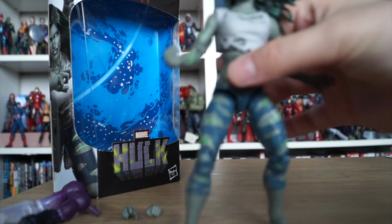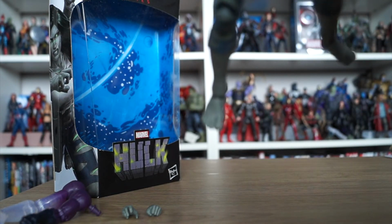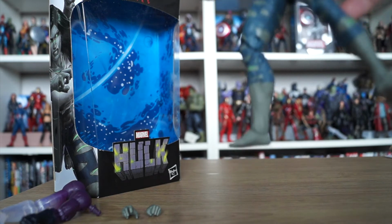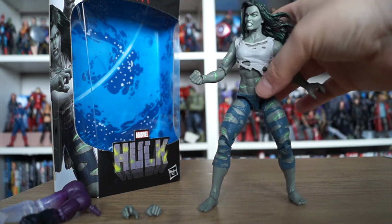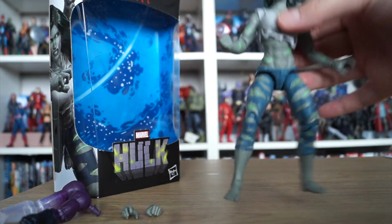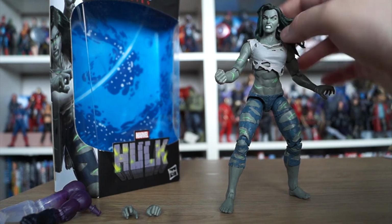This is a completely original sculpt. There's no reuses here. I think actually, no, I think the feet might be a reuse from the recent Pepper Potts Iron Man 3 figure. Because the feet are quite small, but not in a weird way. They're in proportion. The leg sculpt of the ripped jeans is a completely new sculpt. The abs, the hips, crotch, all that area, that's completely new. The top's completely new, and the actual top is a separate piece that's...